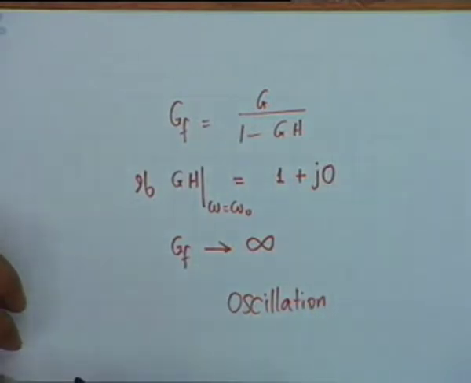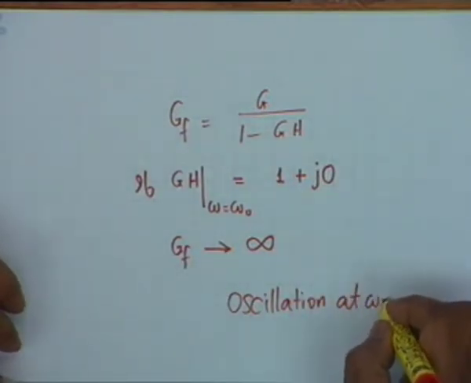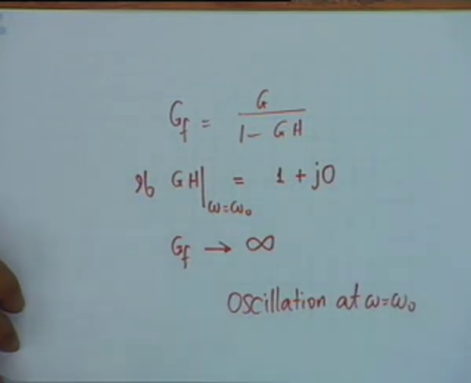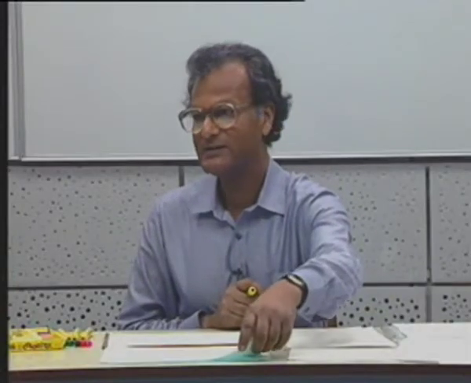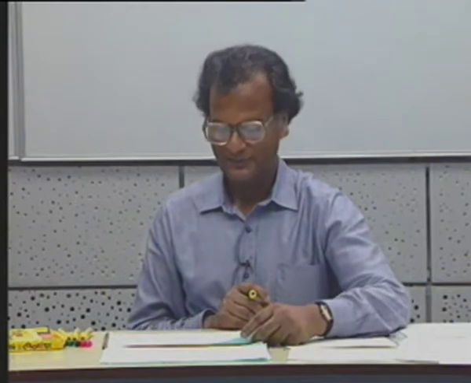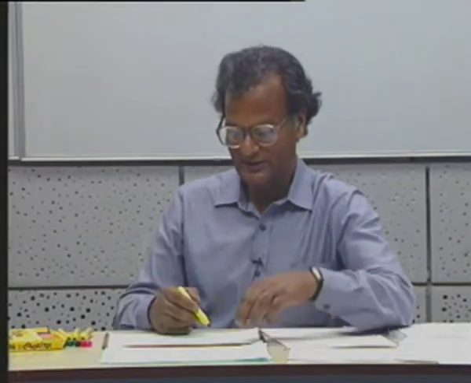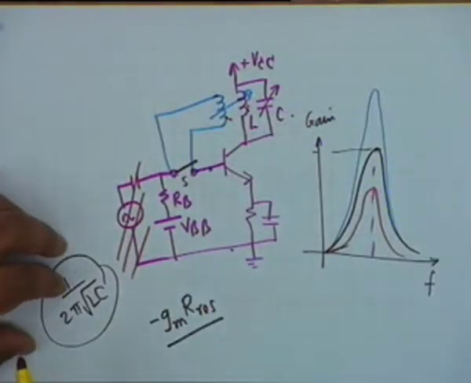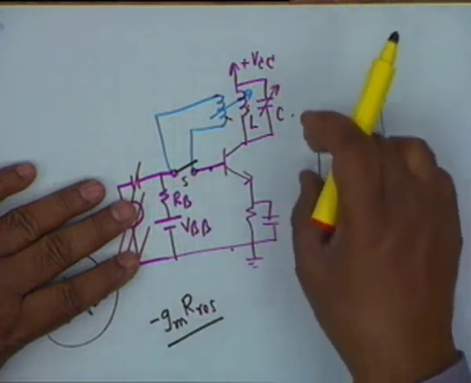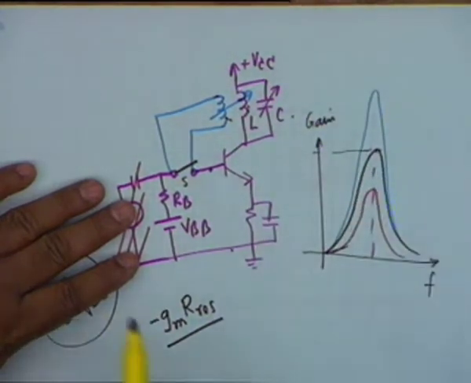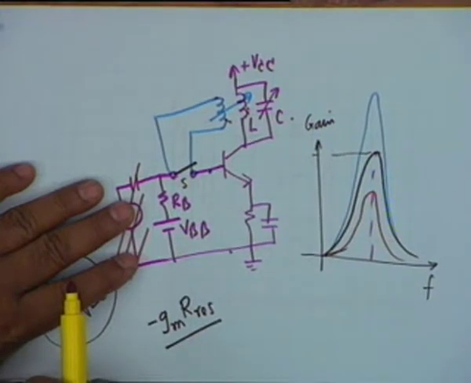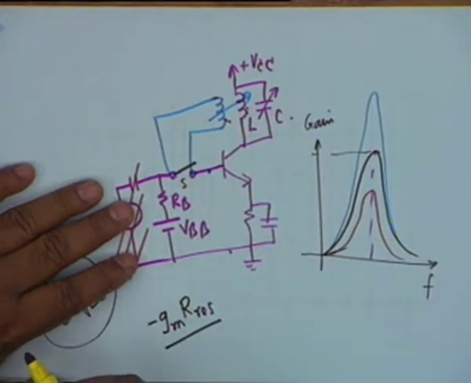The circuit then oscillates at omega equal to omega 0, at this particular frequency, and this is how one makes oscillators. For example, in the previous circuit, if feedback is enough, then this circuit shall oscillate. In other words, you shall not require this Vi, this source shall not be required. If you couple an oscilloscope from here, you shall see pure sine waves on the oscilloscope. This is how one generates sinusoidal frequencies.